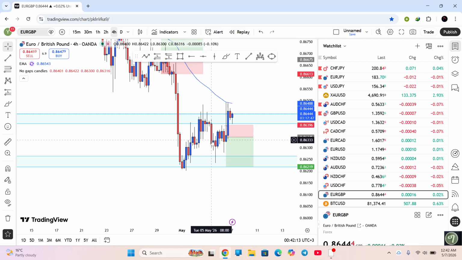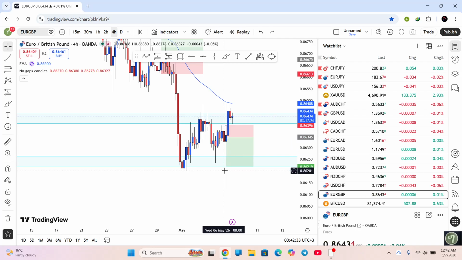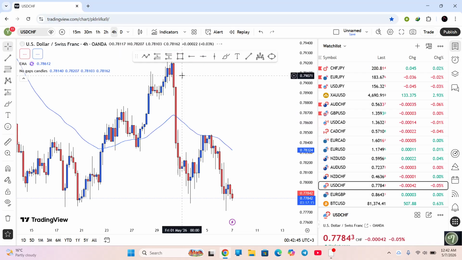I think it formed the beautiful rejection, then a pullback again, once again to retest the structure point on the 4 time frame, and it formed this beautiful bearish engulfing candlestick on London session. Then I waited for price to give me a little bit of wick to the upside, and I entered the trade exactly around this level. I was expecting that it was just the upward wick and it would close as a bearish engulfing, but it did not want to do that. It just kept going to the upside. It is what it is. This was my setup. I will take this trade again and again if it presents itself next time.